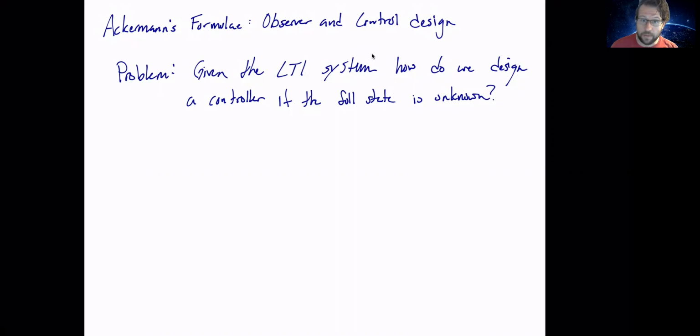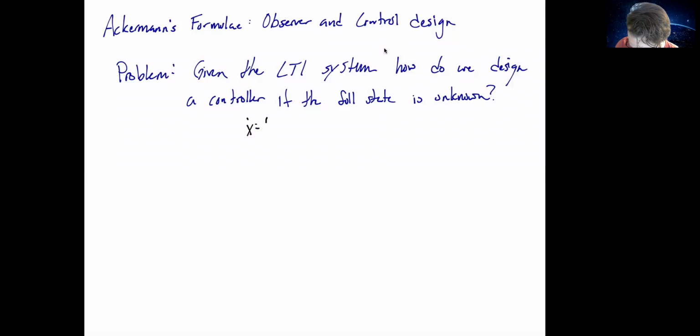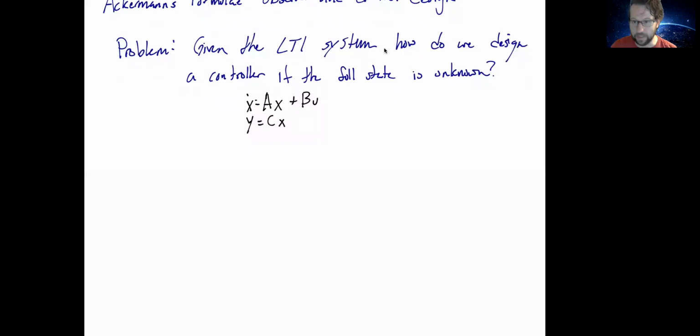So today I'm going to talk about this process to design an observer and controller in state space called Ackermann's formula. The problem we're going to be considering today is, given a linear time invariant system, and remember a linear time invariant system is x dot is equal to Ax plus Bu, and then we have an output equal to Cx. So given this system, x dot equal to Ax plus Bu and y equal to Cx,